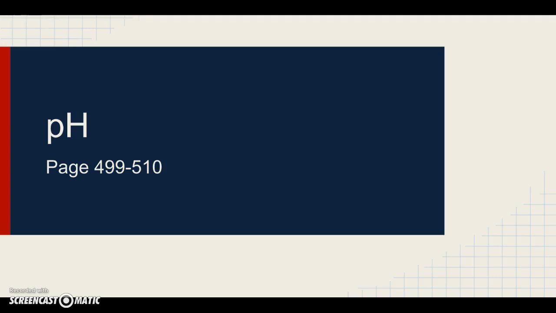Time to talk about pH. pH is going to be a very important concept when we're talking about acids and bases. This is going to be what tells us how acidic is that acid, how basic is that base. It's going to provide the measurement tool for us to understand this. This is probably the most complicated part from this chapter, so these 10 pages here may be invaluable for you